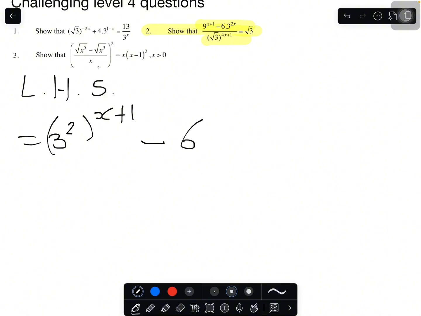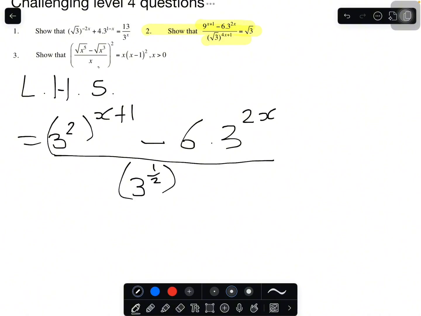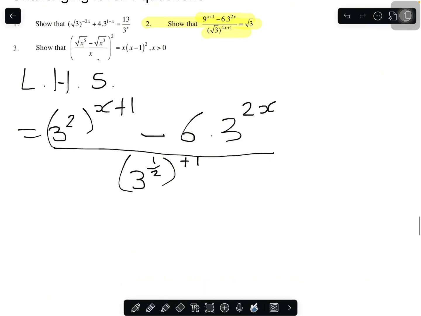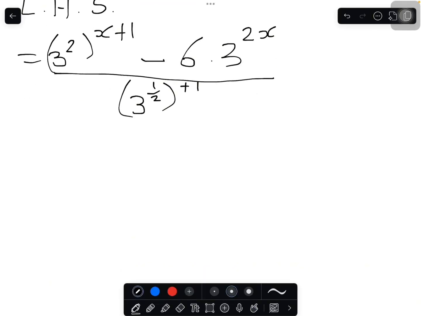minus 6. This is already in that main base, over, now this root 3 can be written as 3 to the half plus 1. Going further, an exponent of an exponent we multiply, so I'll have 3 to the 2x times 3 to the 1 minus 6 times 3 to the 2x over,